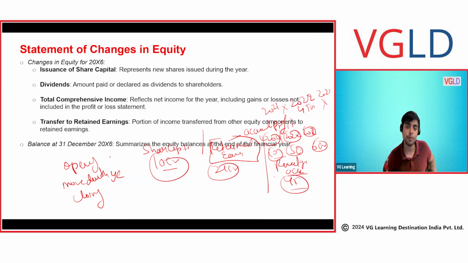These are the balances of profits. These are the balances of OCI. These are the balances of share capital. If capital was introduced during the year, let's say 5 crore capital was introduced, or let's say 2 crore capital was paid back. Let's say new profit came, 5 crore. Let's say a new fair value gain of 6 crore, or let's say a loss was made. So let's take the example of loss. Let's say a 3 crore loss was made.